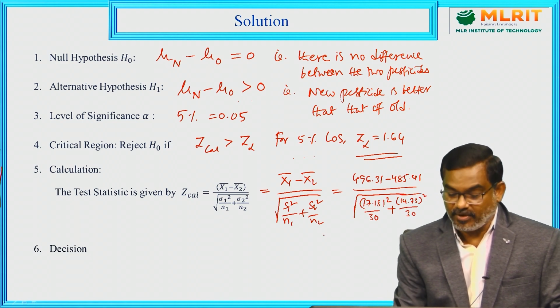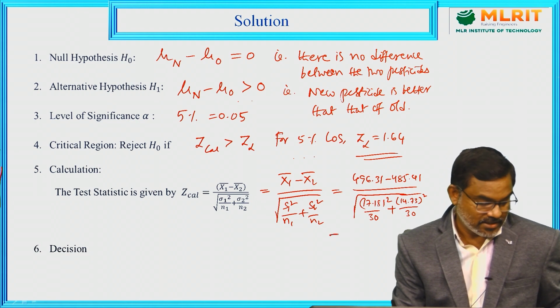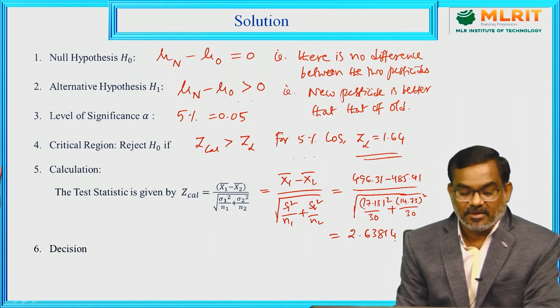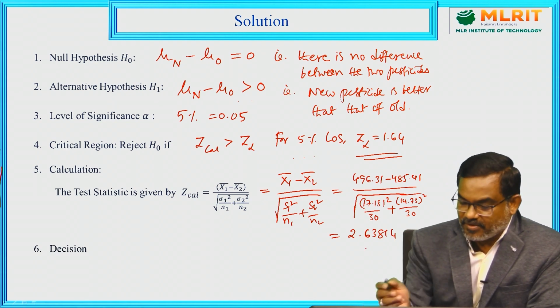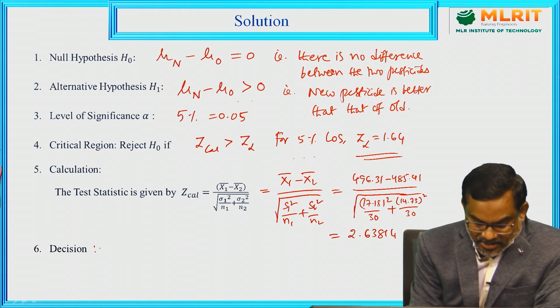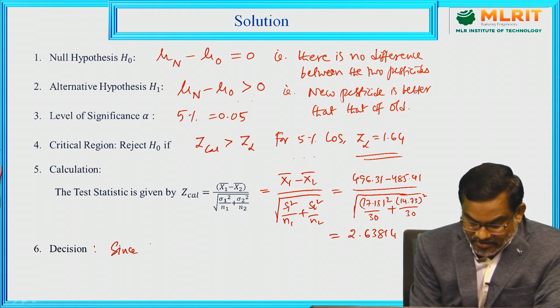So, if you calculate this, we will get 2.63814. The positive value, and our tabular value is also positive 1.64,